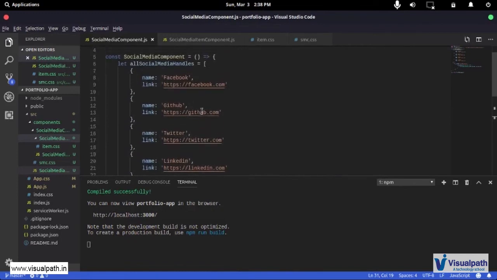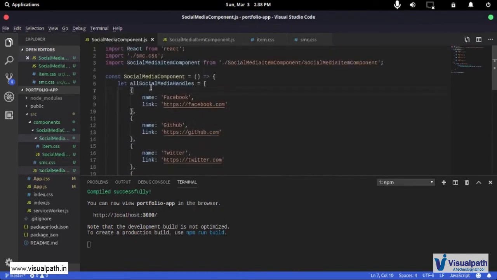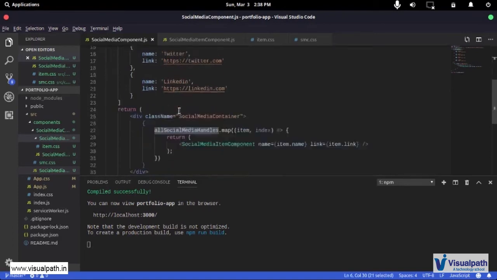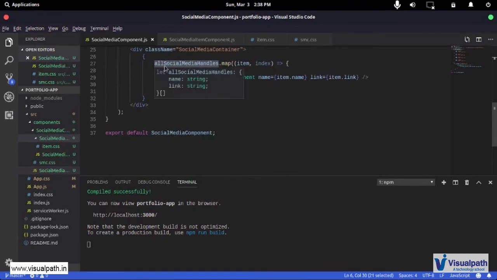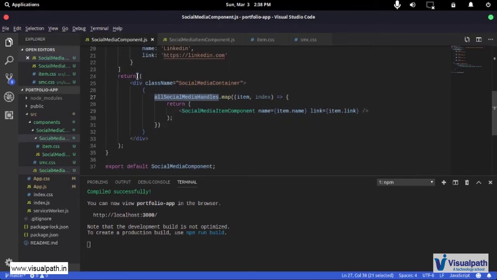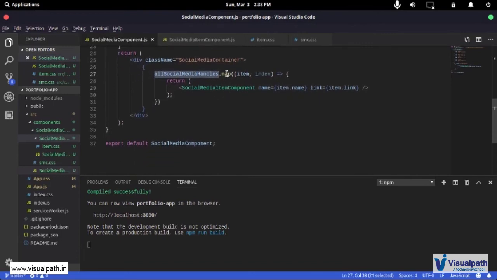So I had all my social media handles stored in a variable called all social media handles, and they were objects formatted in a given format. Then I got access to that variable inside my rendering logic of the social media component, and in that I mapped over all the elements, and while mapping I got this callback function that has item and index inside it, and then I returned this JSX.